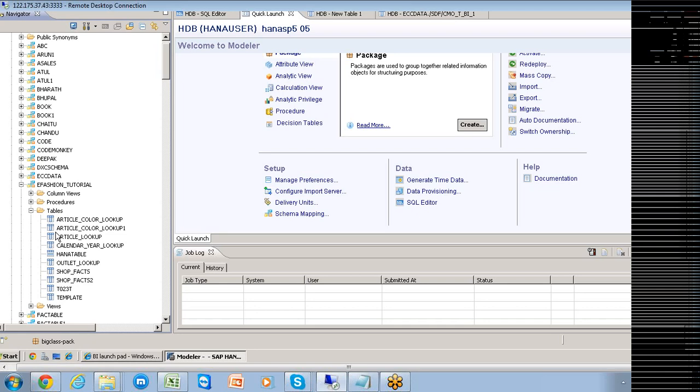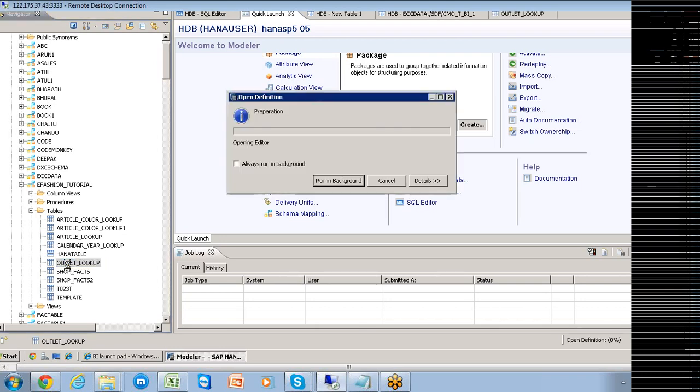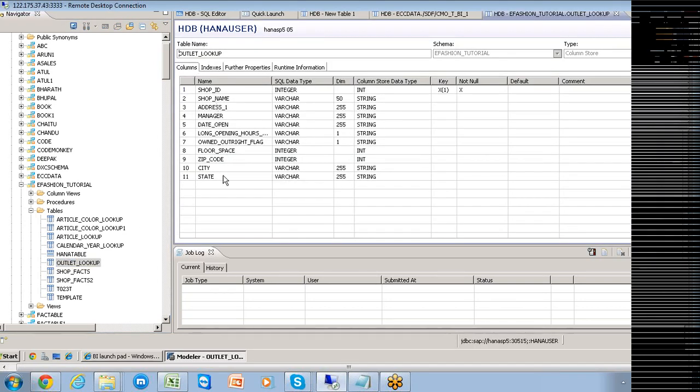Srinivas garu, Vijay, Anand and Alva, I was telling you about an exercise earlier, right? We are trying to identify a database called the eFashion database, and somehow we need to bring the data from the eFashion database into this HANA database. Then we can correctly view this data and correctly model these things. But for now, there is one dimension table that exists, which is your outlet lookup.